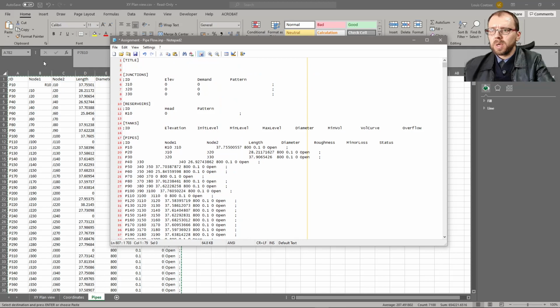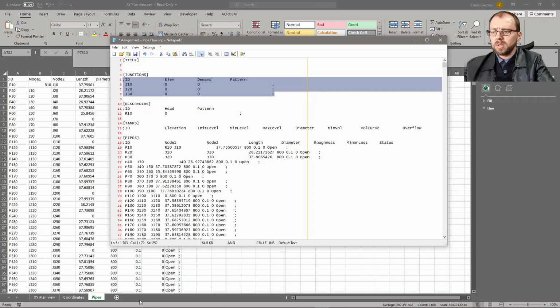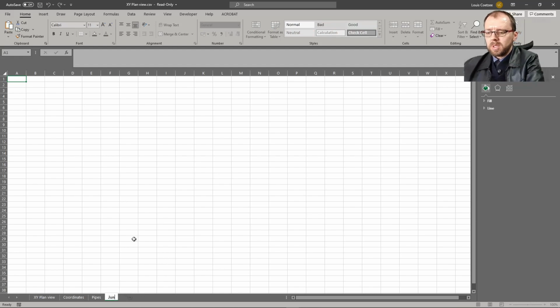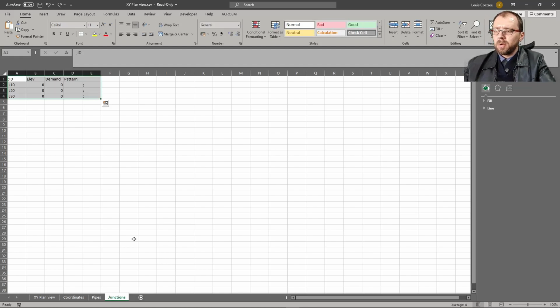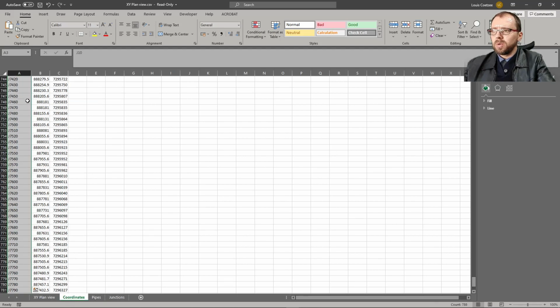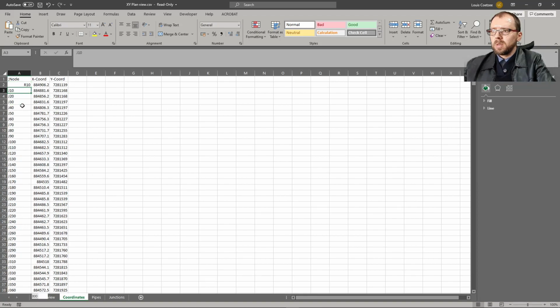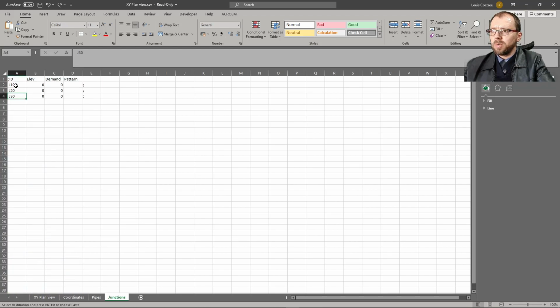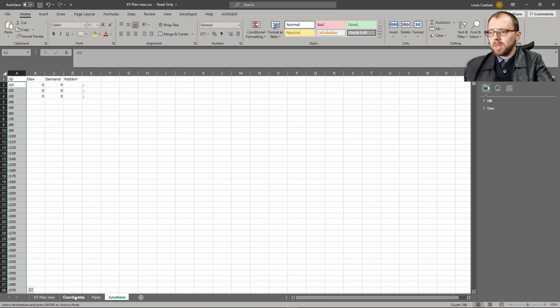And then the last one would be to have all our elevations assigned. So elevations, which is according to the junctions. Let's create a new one, rename junctions. We add our junctions in there. We will go to our coordinates again, select all the coordinates, paste it, and then